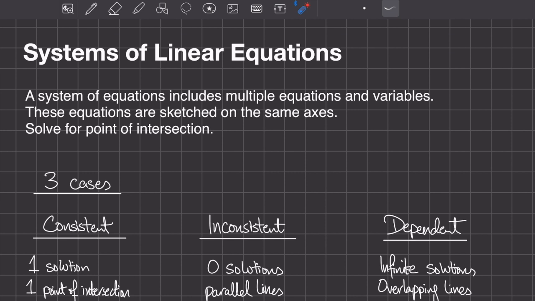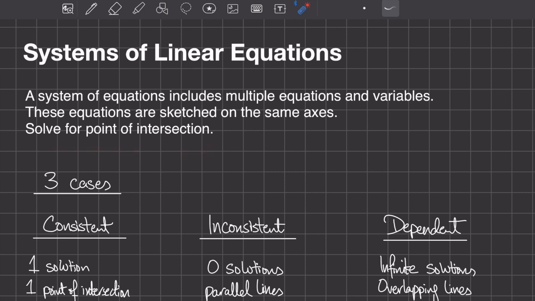In today's video, we will be continuing the discussion on linear equations. In particular, we will be solving systems of linear equations. A system of equations includes multiple equations with common variables. This means that these equations can be sketched on the same pair of axes. And solving the system of equations means that we are looking for the point or points where the two lines